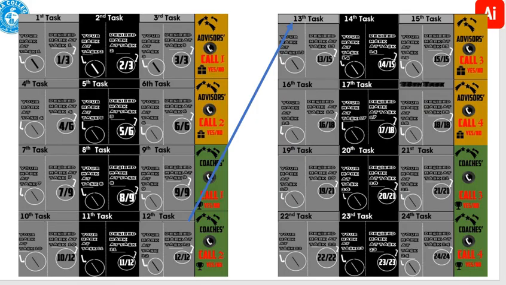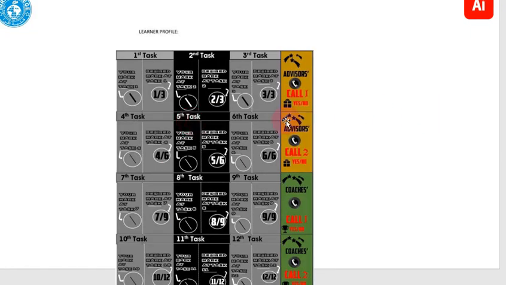In addition to all of this, we will give you something to keep track of your progress so you know how you're doing. We'll give you something that looks like this. This is a learner profile sheet, and this gives you information about your tasks, how you're doing, where you're supposed to be, and what kind of scores you got. It just kind of gives you an idea of where you are and how you're doing. It's like a report card, okay? So let's look at an example.